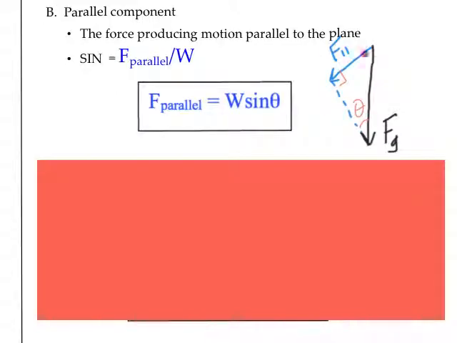So if I consider the portion of the picture on the previous slide with the parallel component, I can look at the sine of the angle would be the opposite leg, which is this one, over the hypotenuse, which would be my weight. So the parallel component is the opposite leg, and then the weight, or the gravitational force, is the hypotenuse. So my parallel component can be written as the weight, or the gravitational force, times the sine of the angle, if I were to rearrange those. And I went ahead and wrote out the entire subscript variable for you for that whole word parallel, but you can abbreviate it. And remember also that the weight and the gravitational force are the same thing, so you